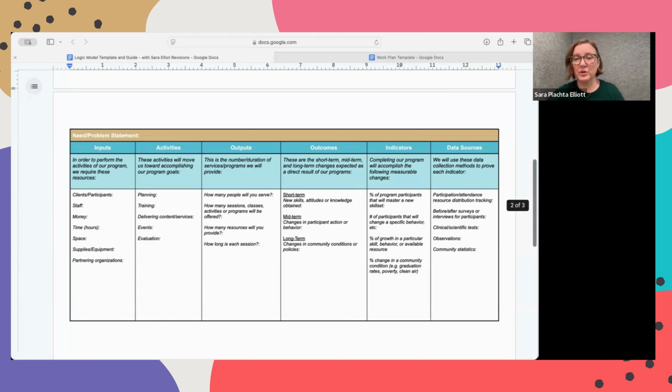A good rule of thumb is short term can be 6 months to a year. So it's in that initial engagement in the program. What do you expect to change in the people who are participating? In the midterm, this might be for a shorter program, like as they graduate the program or a few months out after they graduate. For midterm changes, really focus on action or behavior. For the short-term changes, you're going to be thinking more about what skills are people developing, how are their attitudes changing, what knowledge are they gaining